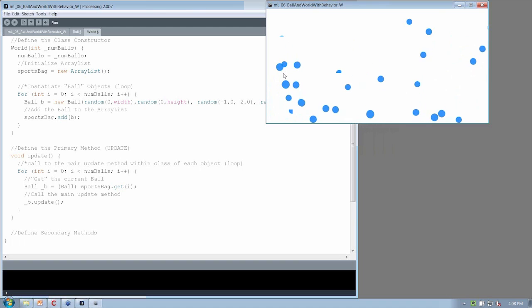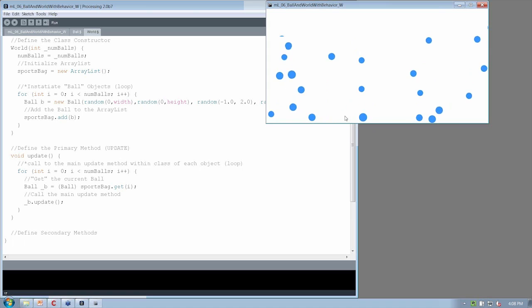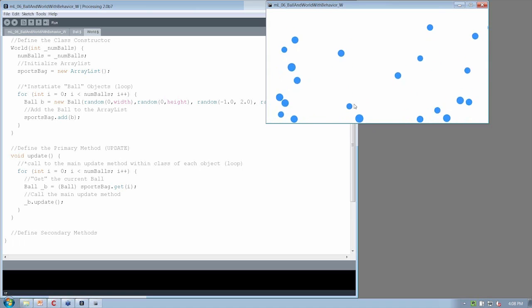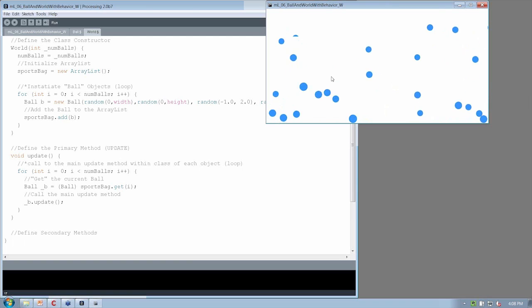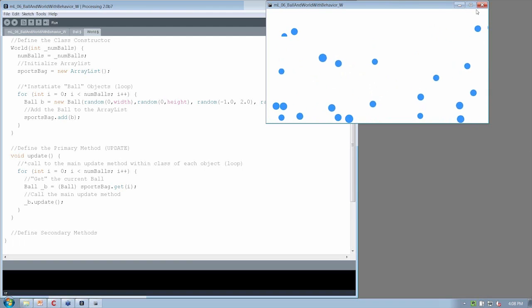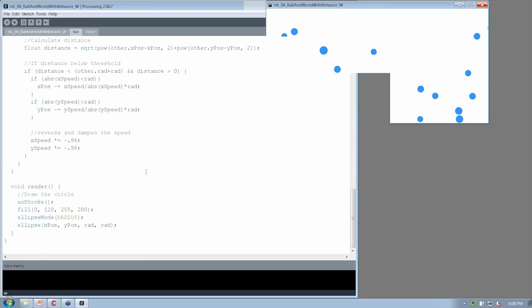So we have 20 of these balls bouncing around within the context of the world. And let's just go ahead and use the visualization capabilities of Processing to accentuate what's actually happening. So I'm going to close this window, I'm going to save this, and we're going to go back down to the